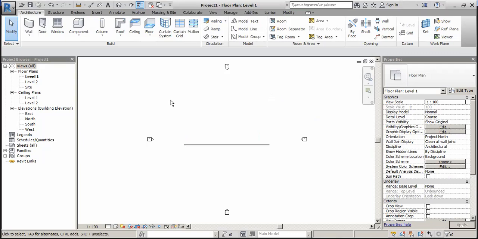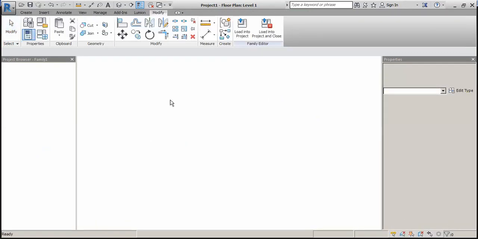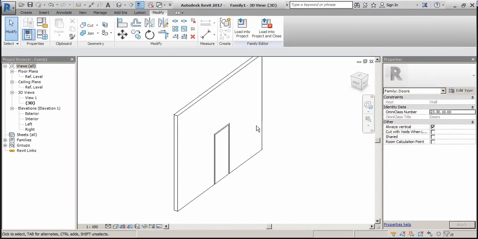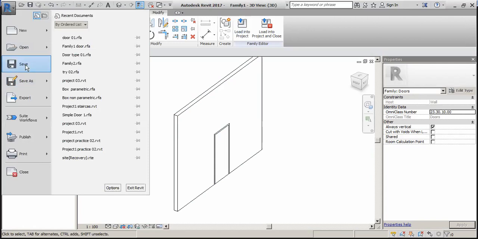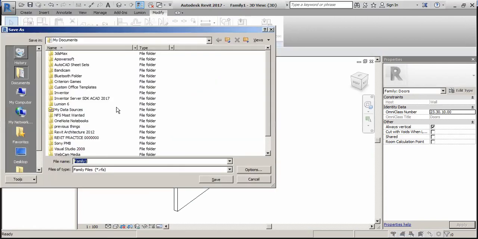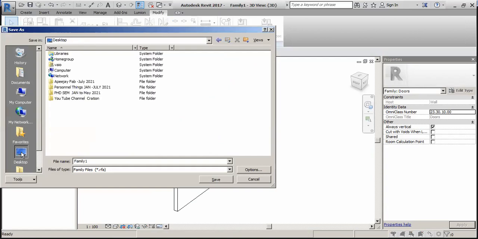Now we will go in the family and before loading into the project, we have to save this. So save. I'm taking this at my desktop.